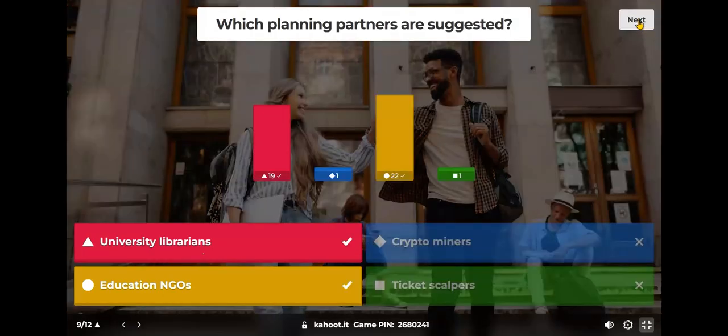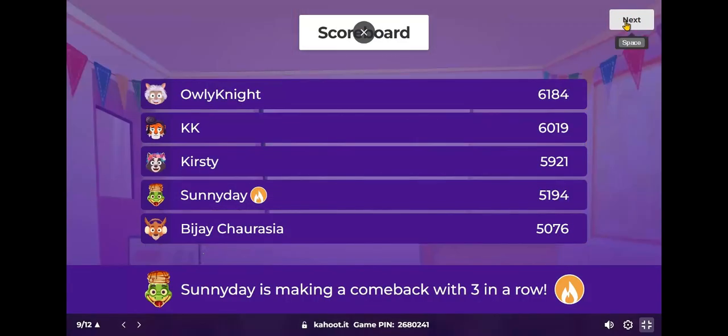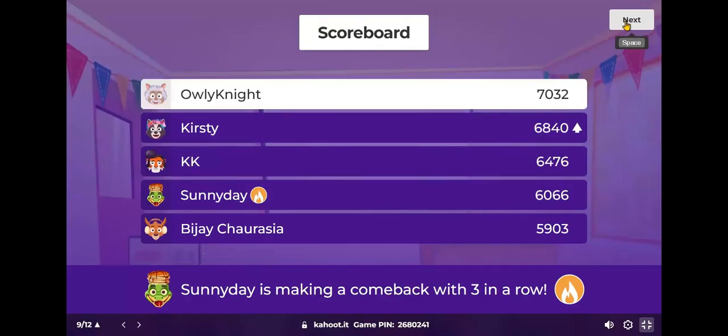And the right answer was university librarians and educational NGOs, which were chosen by most of you. Sadly, it's not crypto miners. And we have Owly Night still first on the scoreboard.